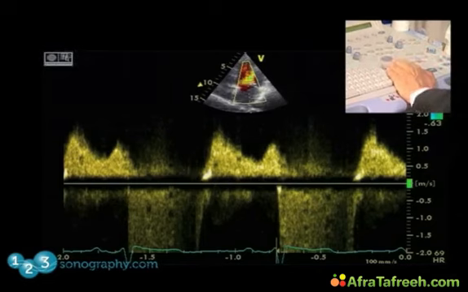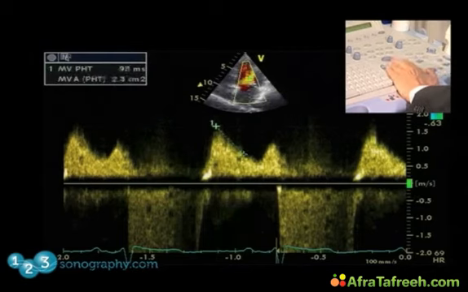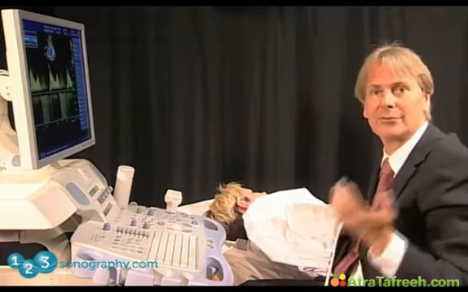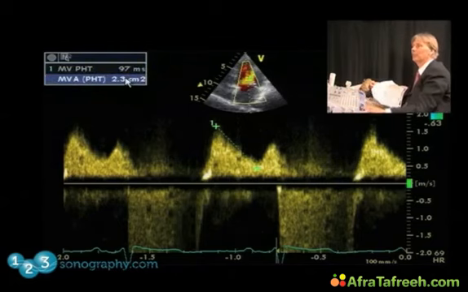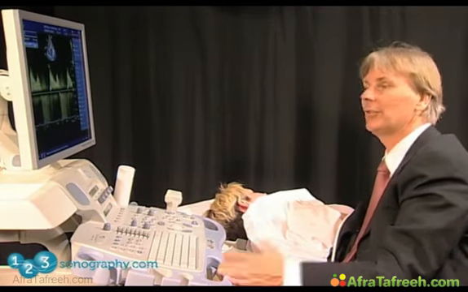So the first thing we'll do is we'll look at the pressure half-time. Try to see exactly where the maximum velocity is and go along the contour. You don't need to go all the way down. It's just sufficient to get the angle. So we have a pressure half-time of 97 milliseconds, which is almost normal. And this corresponds to a mitral valve area, which is 2.3. Again, a mitral valve area which is far above 1 square centimeter, meaning that this patient certainly does not have